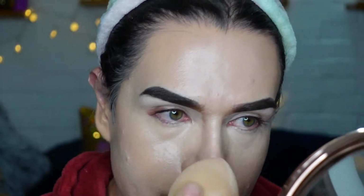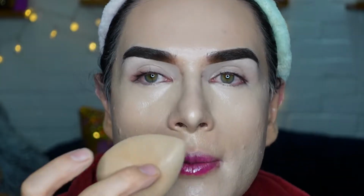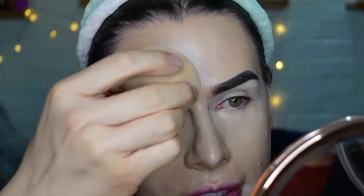So I'm just mainly gonna concentrate the product on the bridge of my nose. That depends a lot on the kind of nose contour you prefer. If you want to make it more straight, if you want to elongate your nose, if you want to make it look shorter or a little bit more pointy, if you want to lift up the tip of your nose,